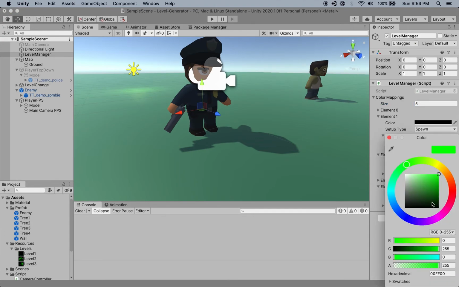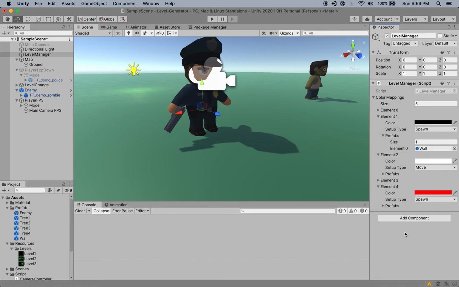Select a color. Now all these colors have to have alpha maximum, and I would go with red, which is FF0000. Okay. I want to spawn it because it's an enemy. I want this to be 1, and I want to spawn an enemy at the red